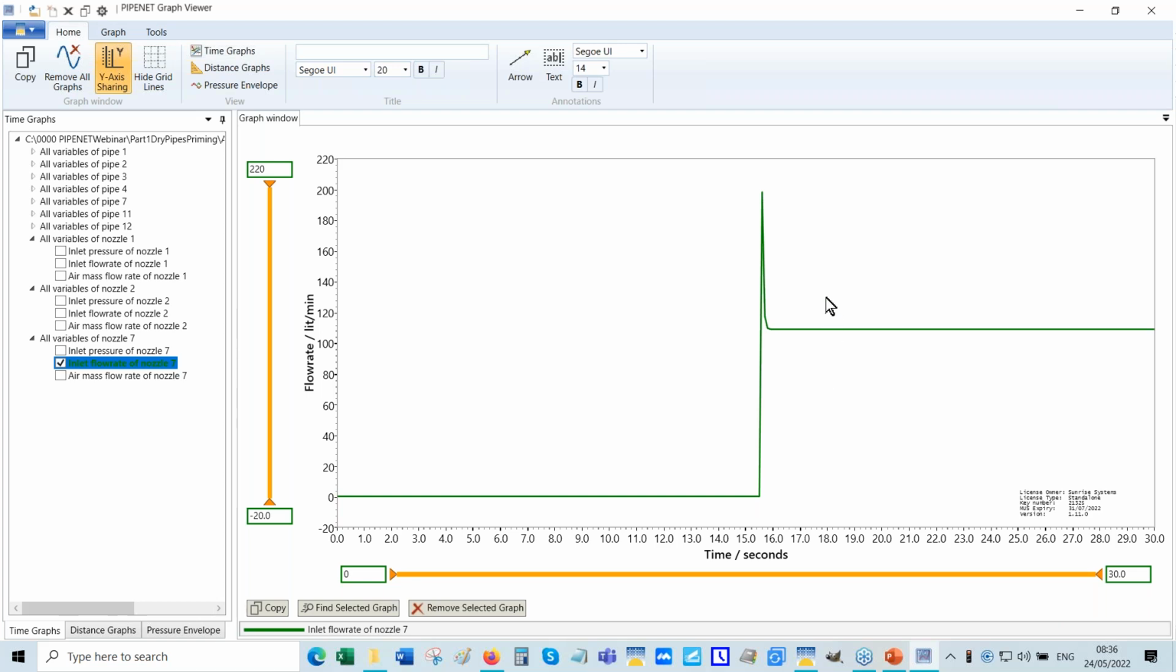But when the water reaches the last nozzle, it decelerates. But it takes time to decelerate, so the initial momentum is higher than the steady state momentum. So there is a peak, which then comes down to the steady state. So that's what we're actually seeing. Now let's also compare